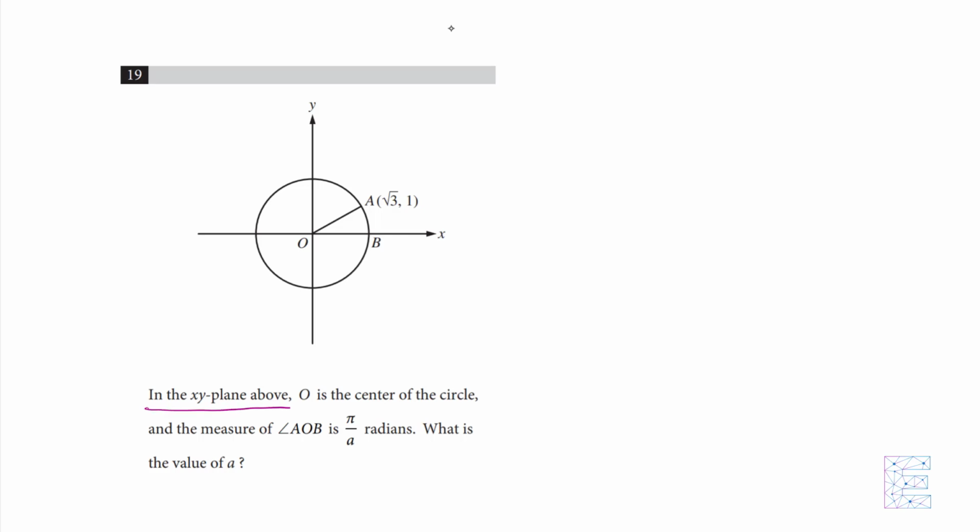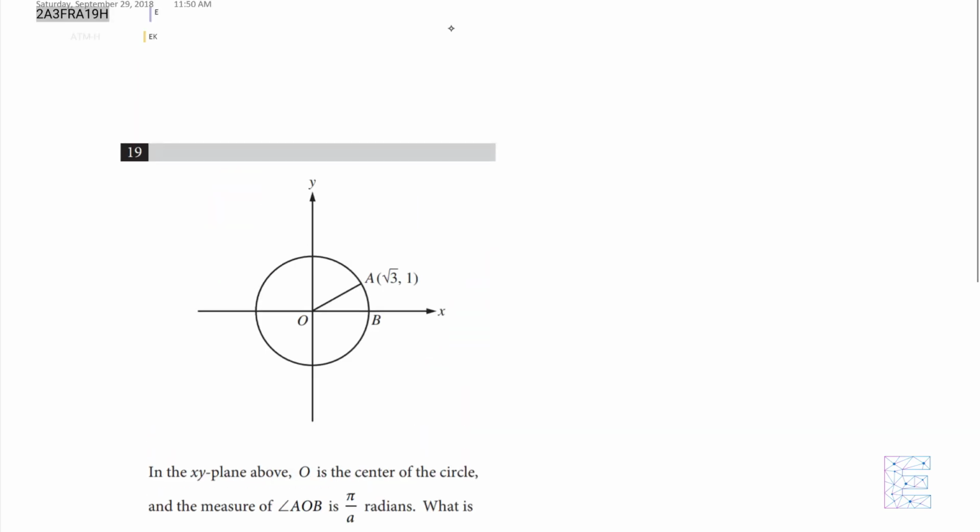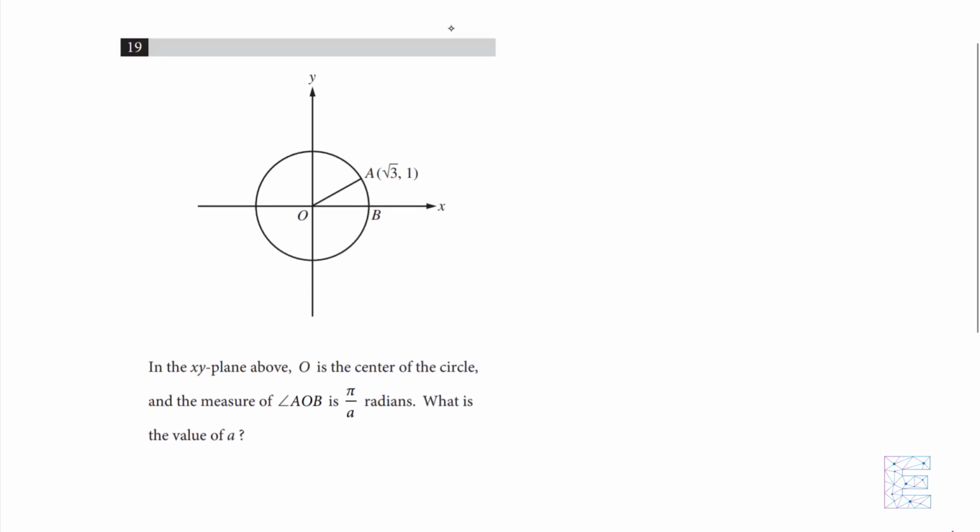In the xy plane above, O is the center of the circle, and the measure of angle AOB is pi over A radians. What is the value of A? So this is the diagram that we're referencing, and we are given that angle AOB, this one right here, is